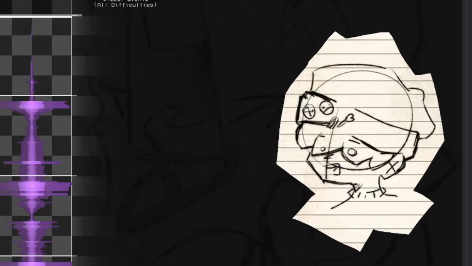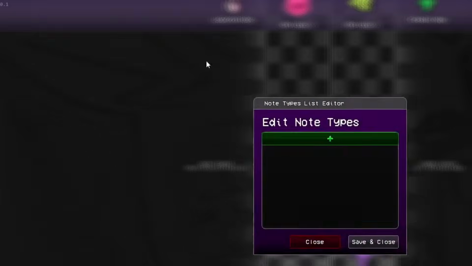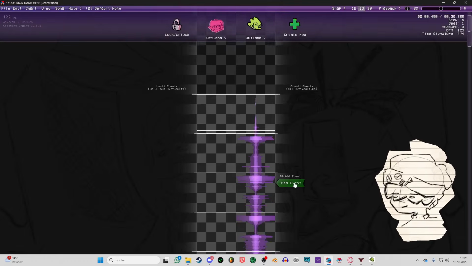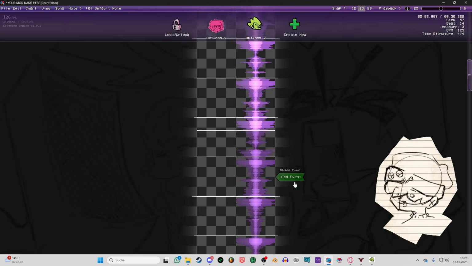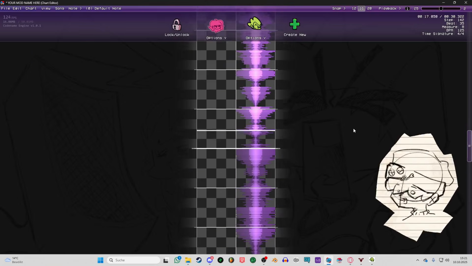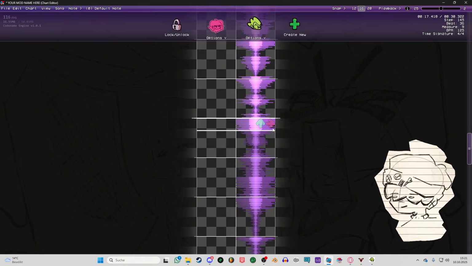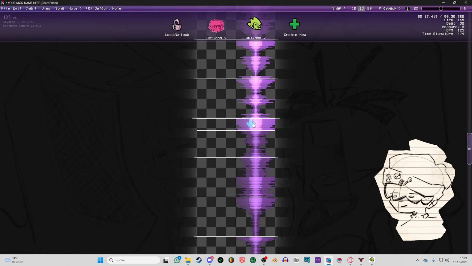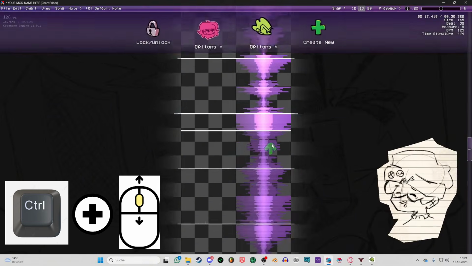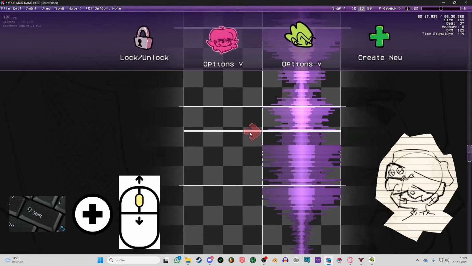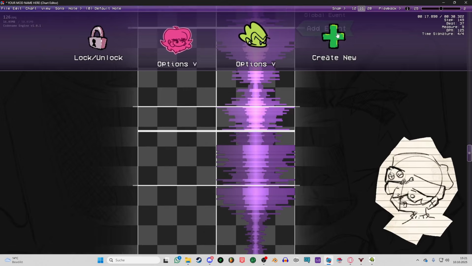So, if you have that all cleared up, just open this and make a new one called the name, and if this gray thingy appears, you can just press tab, and boom. Now I can make cool notes to the sound. You're just gonna press it with left click, right click is deleting. Ctrl is for zooming in and out. If you roll the middle button with shift, you're gonna go sideways, because you can do infinite strum lines,